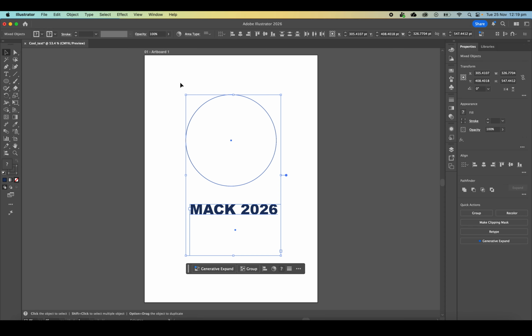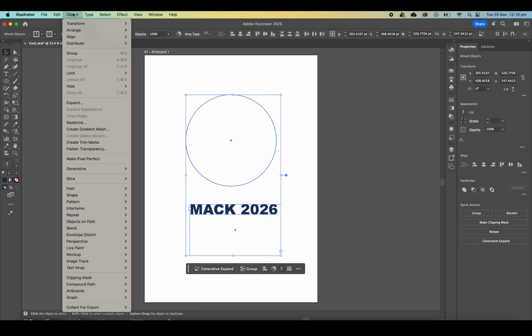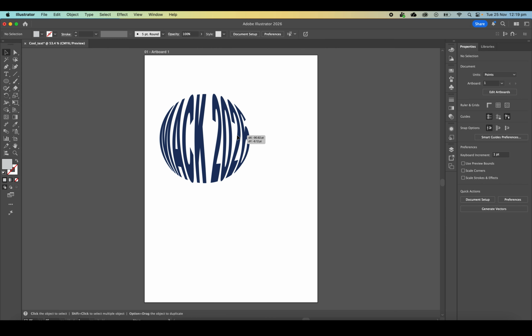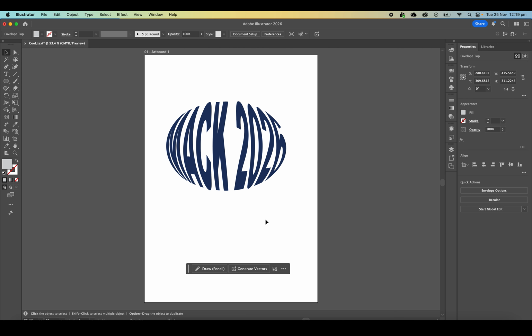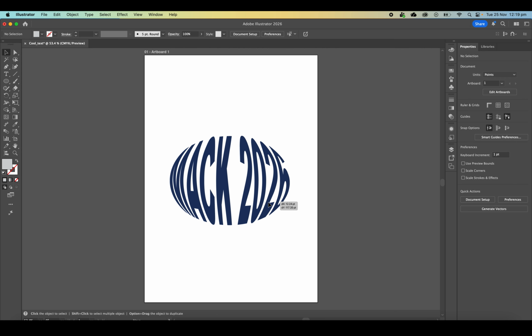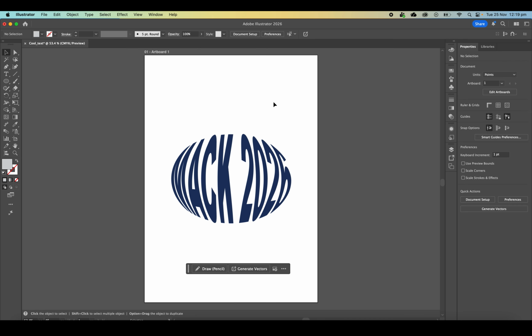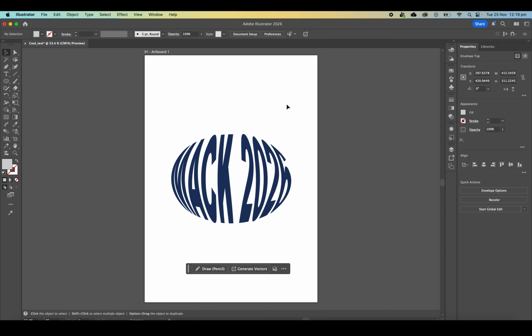You then want to select both these objects, come up to the object tool up the top, come down until you find envelope distort, and then click make with top object. And that will create this cool little text effect for you that you can see here. So once you're at this stage, you can probably play around with the shape and size of it, but this is just a cool little way to make a very simple logo and play around with the text within your Illustrator files. So once you have shape how you want, let's position it to the center,